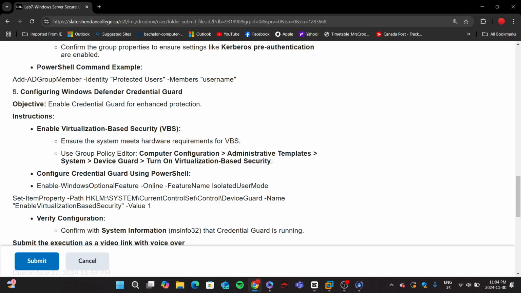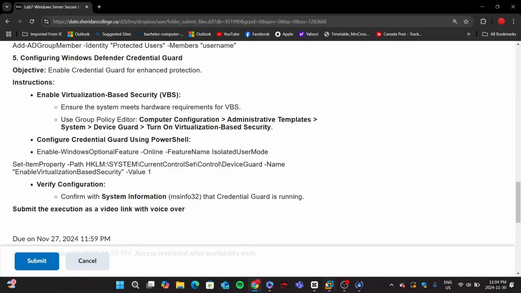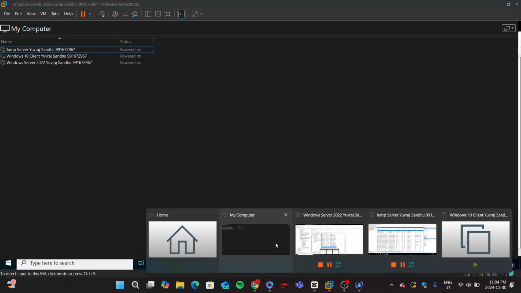Enable Credential Guard for enhanced protection. It could be on the client VM, or we could enable it through group policy configuration, and when we update the group policy, it will be enabled on the client machine from the server. But before we do that, we have to set up a little bit of stuff in